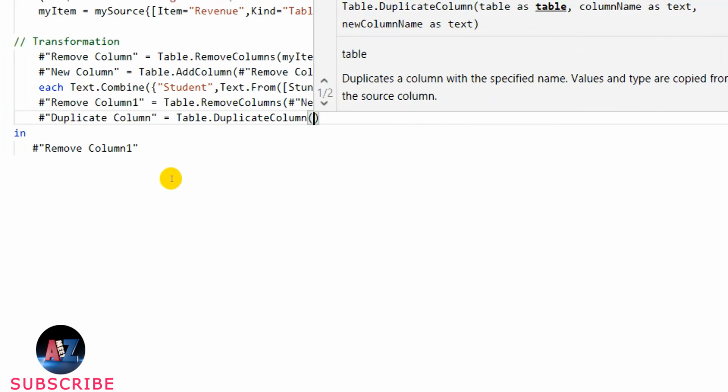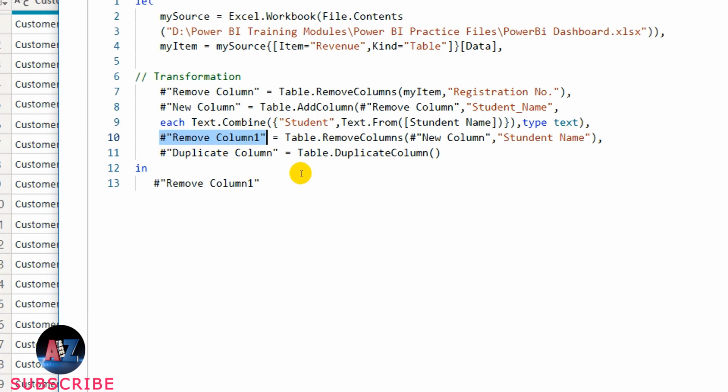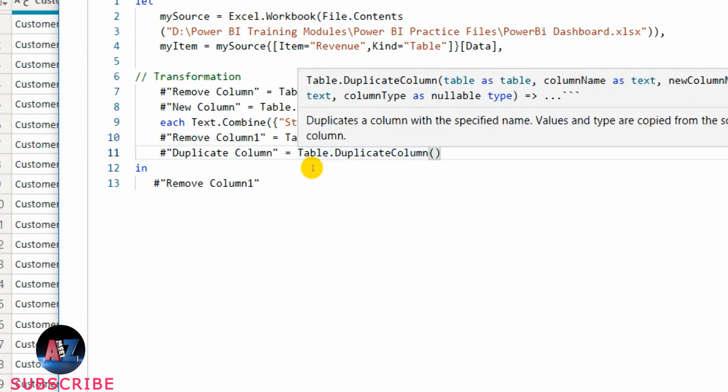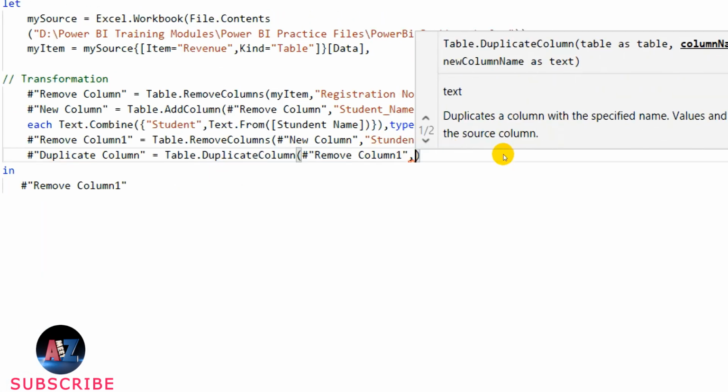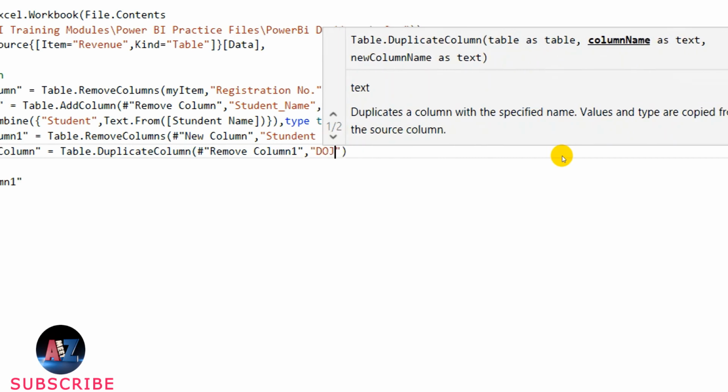One is you cannot give the table name now. You need to give remove column 1, that is the predecessor. Next, you need to give the column name which is to be duplicated. So that column name is date of joining, and the new column name is, I can say, short month.